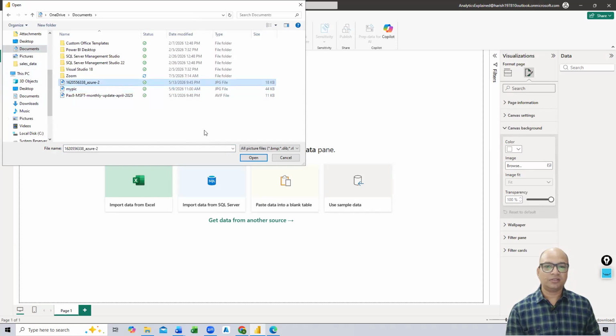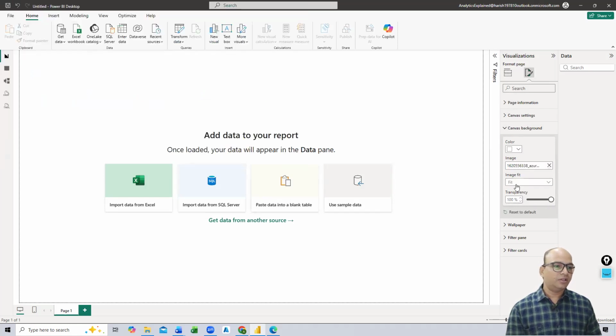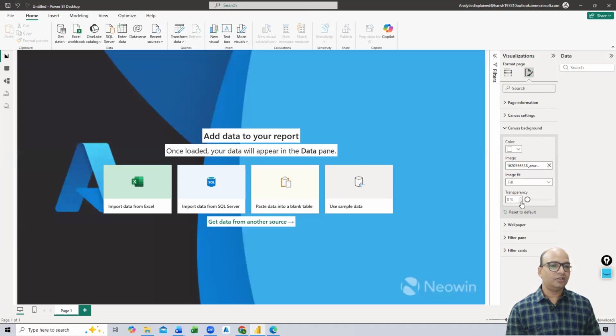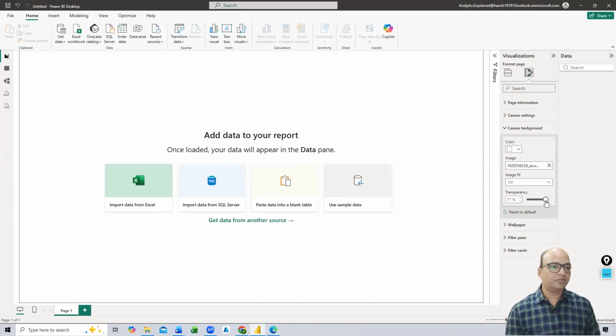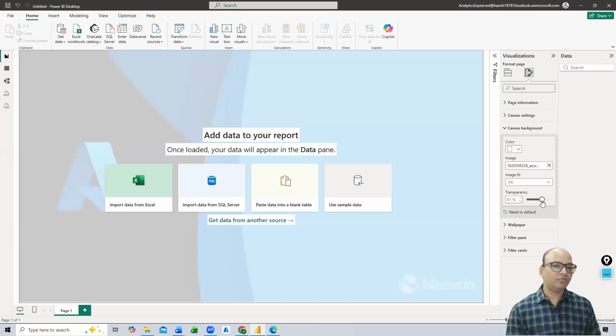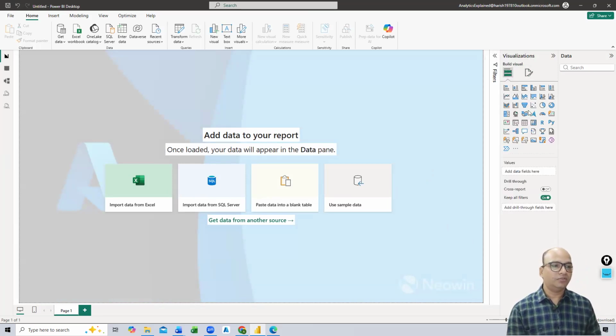let's say anything, yeah. And here when you add, it will show you the image fit, and here the transparency, right? So if you make it fully transparent, then it will not be visible, and you can make it like this or something like that. So here it says fit, so you can fit it, stretch it, it depends on your image, how you want to fit it, right? And once you have pulled any visual,